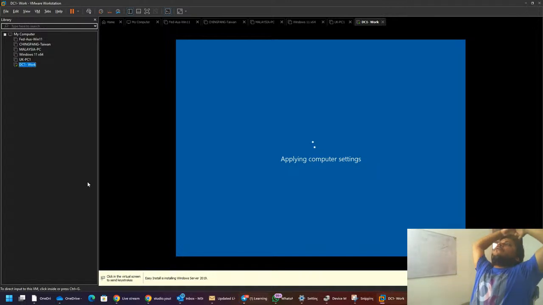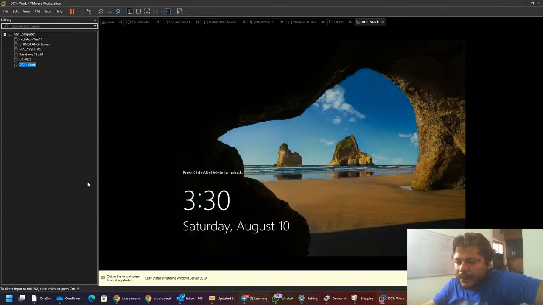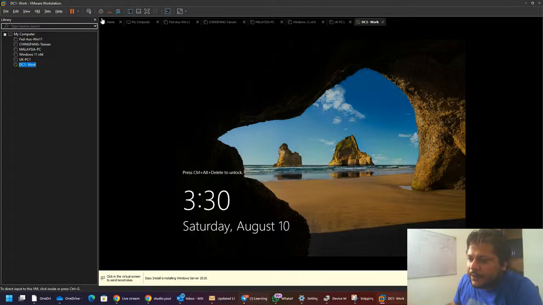The purpose of having a Windows 10 client is that we will be adding that as a client machine. That can probably explain how machines behave or are joined on network boundaries and how they are managed by your system administrators within your company. Now the machine is up and running.